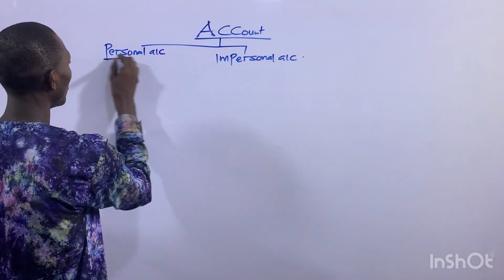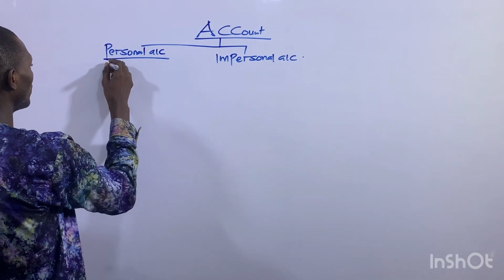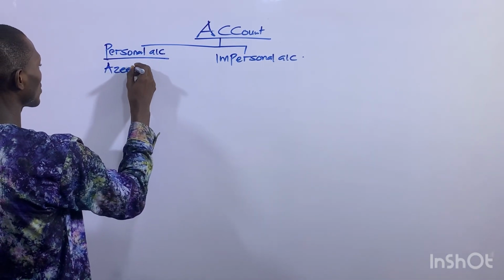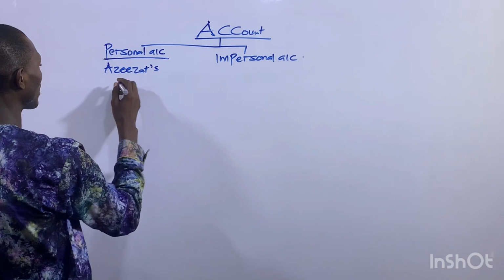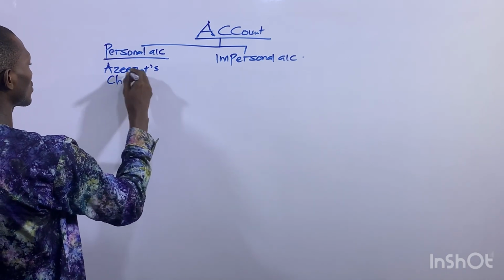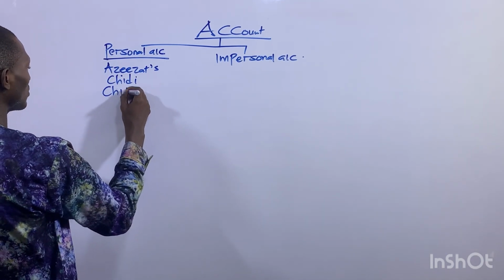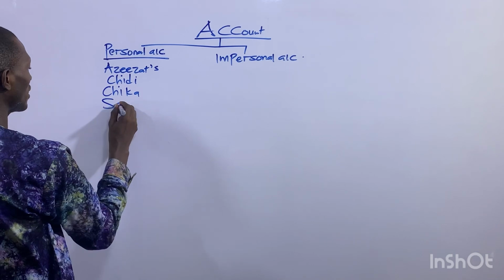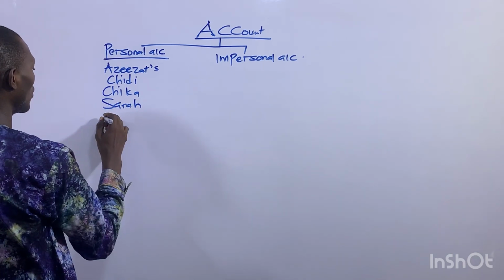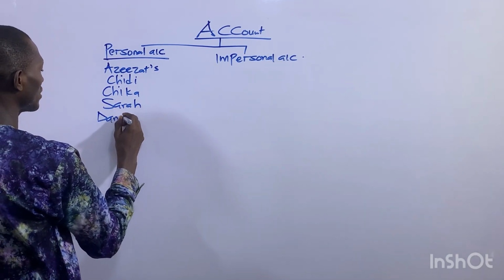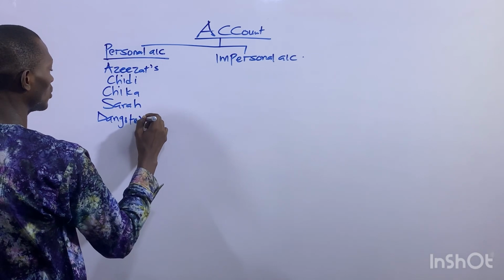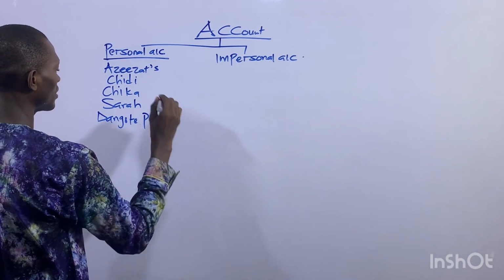So examples now, we have Azizat's account, Chidi's account, Chika's account, Sarah's account, Dangote PLC account,